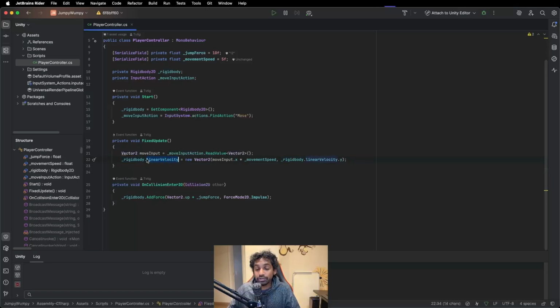Now, if you're using a version of Unity before Unity 6, this is just going to be rigidbody.velocity. I see a comment every time about this. So just keep in mind that if you're on Unity 6, we're using the linear velocity, and ChatGPT won't know about it. Anyway, so